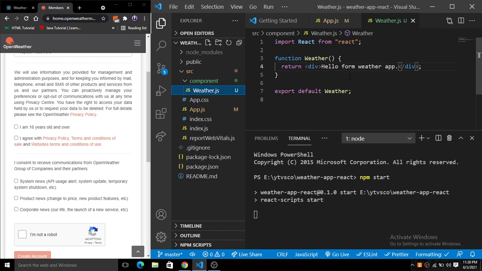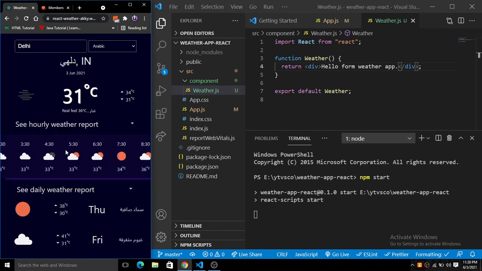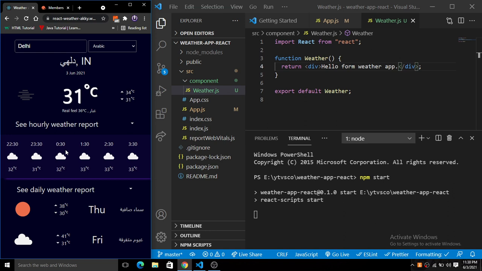Okay, so for that I will just create a sample code, which is very easy for you to also create. You can see here the thing that we are seeing here, this sample code. We will first create this sample code, and then we will integrate our APIs there, right? So let's do it now.